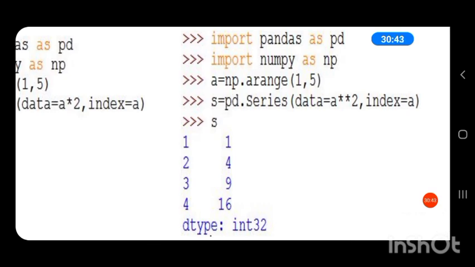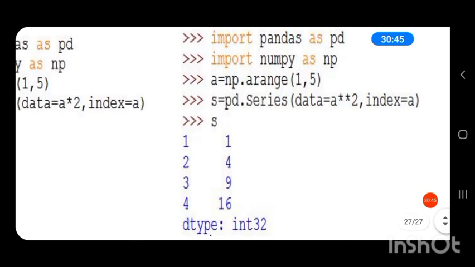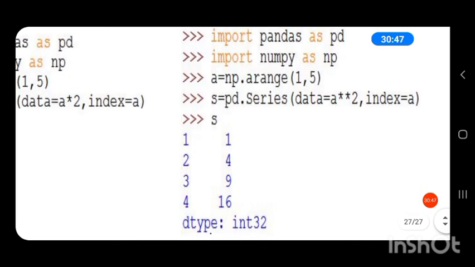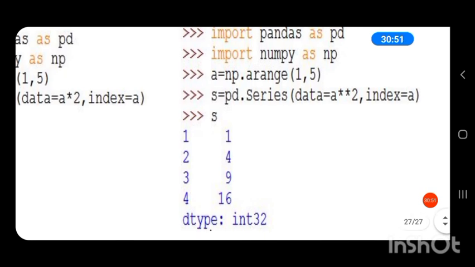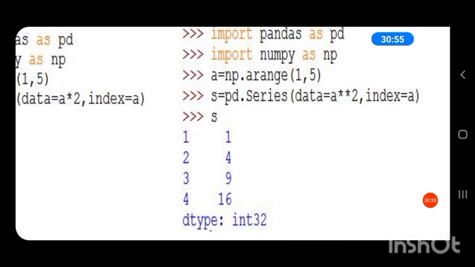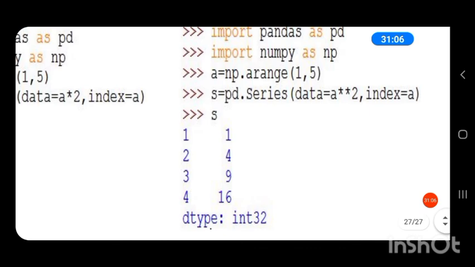We are creating a series S. S is equal to pd dot Series, data is equal to A star star 2. A star star 2 means A raised to the power of 2, A square, comma index equal to A. So here the index value is A, an array with values 1, 2, 3, 4.